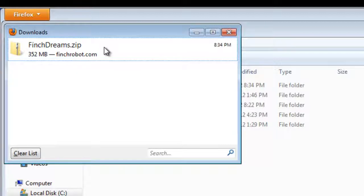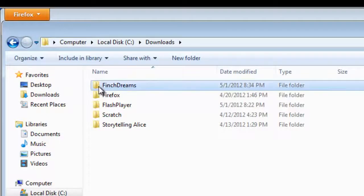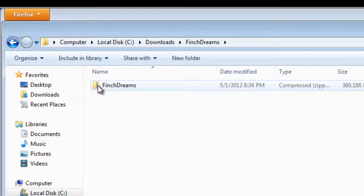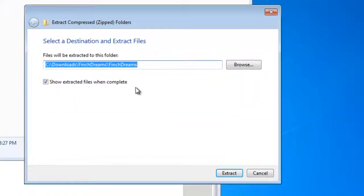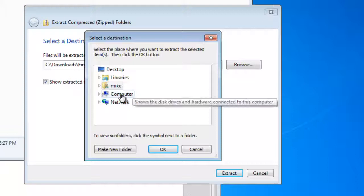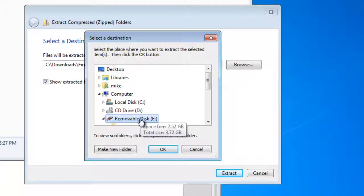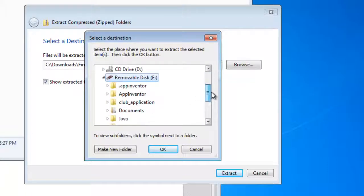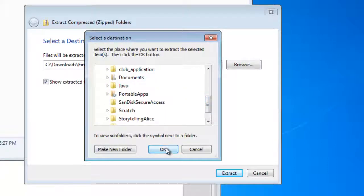Once the file is downloaded, we can simply clear the list here, close it, and go to Finch Dreams. It's an easy matter to install. Basically, this is a zip file. Simply right-click on Extract All and send the extracted items to your USB drive. In this case, it's a removable disk. We'll just click OK. We don't have to make a separate folder for Finch Dreams because it will do that by itself. You'll notice that here on the removable disk we've got App Inventor and everything else, but it'll make its own folder for Finch Dreams. And simply click OK,